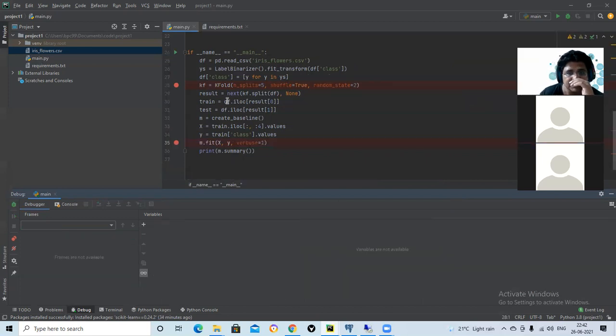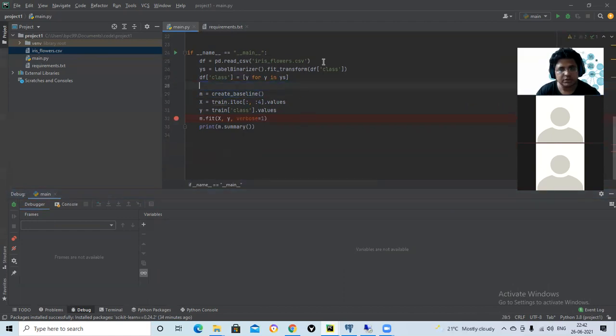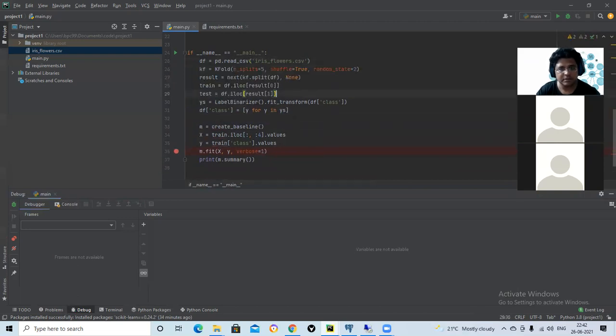So that means this part goes above this, and then we have train minus plus x.